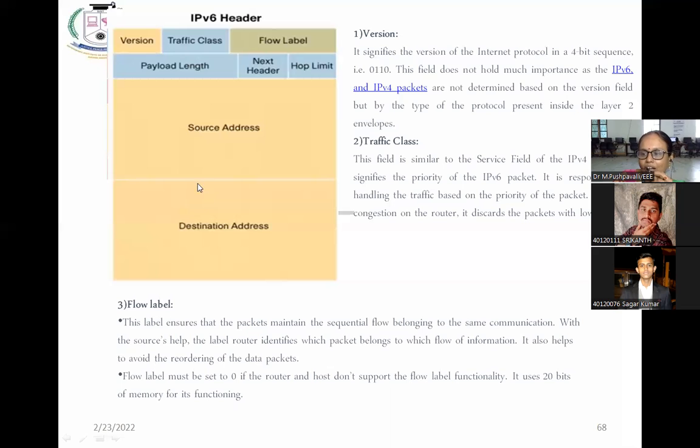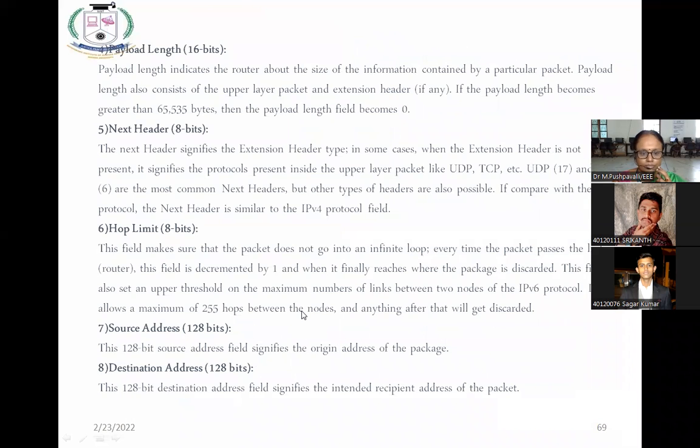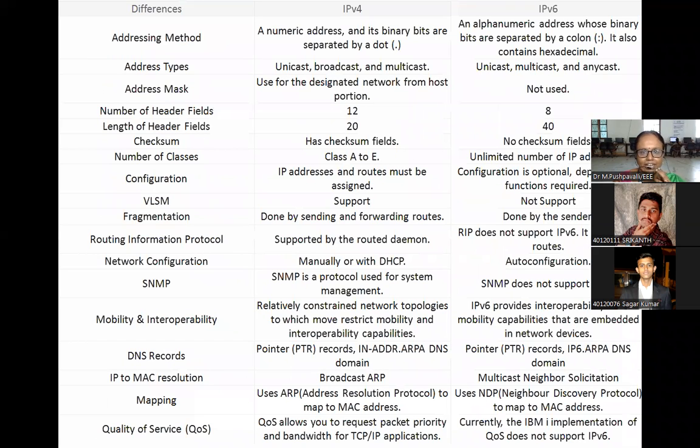So totally, mainly, when you see that IPv4 is 32 bit and IPv6 is 128 bits source address. So there we see 32 bit and there 128. And this is the difference between the